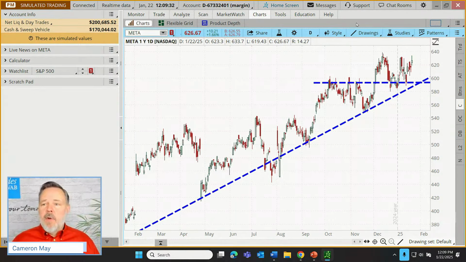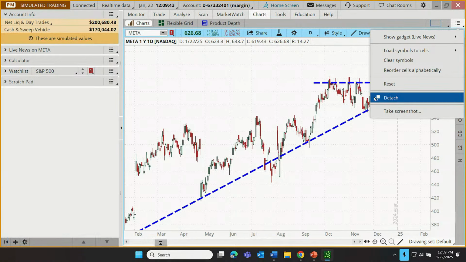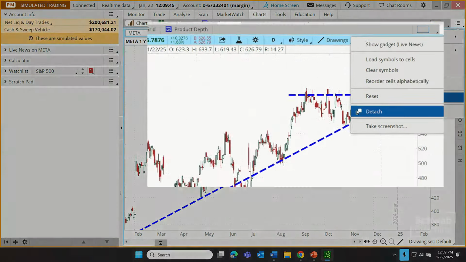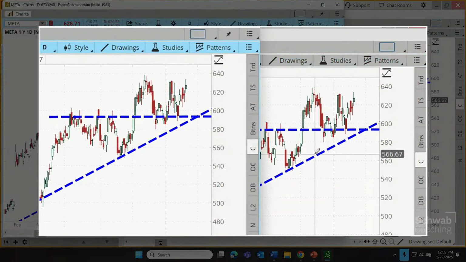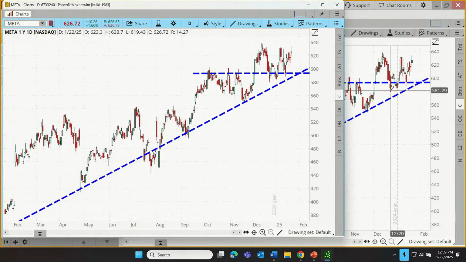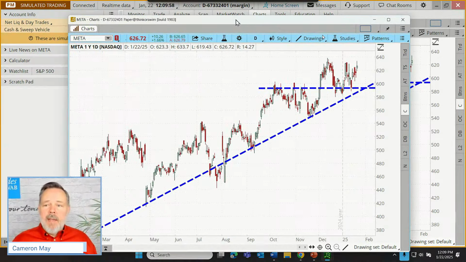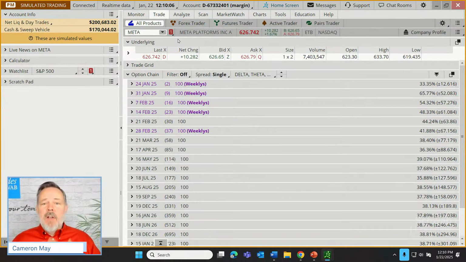Well, for this functionality, we're going to look for the keyword detach. Sometimes it's found in a menu. So we click on this, you'll see the word detach. But other times you're going to see an icon that looks like this one right here, where we have kind of two stacked pages, two stacked windows. So if I select detach here, it's going to detach a fully functional chart screen, and I can now move this over to my side window. It just disappeared from your view because now I have an extra chart over there. And so if I now go to my trade tab, I haven't lost my chart. I can still see my chart right over there.